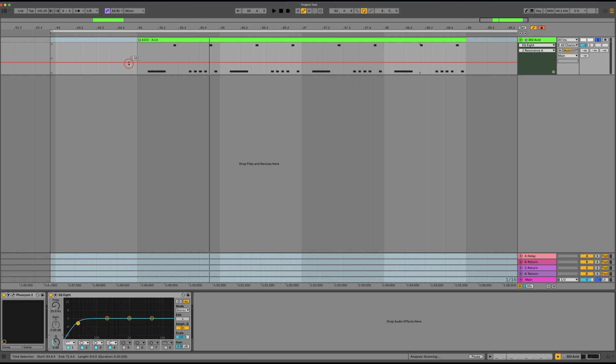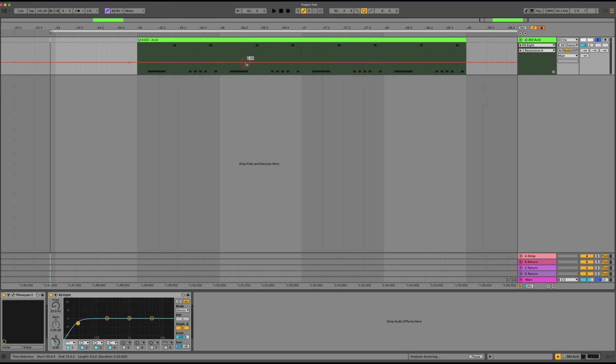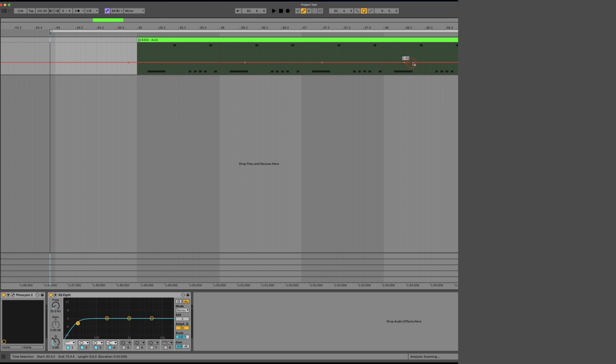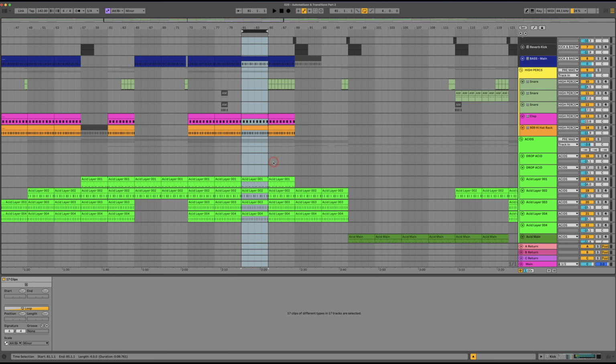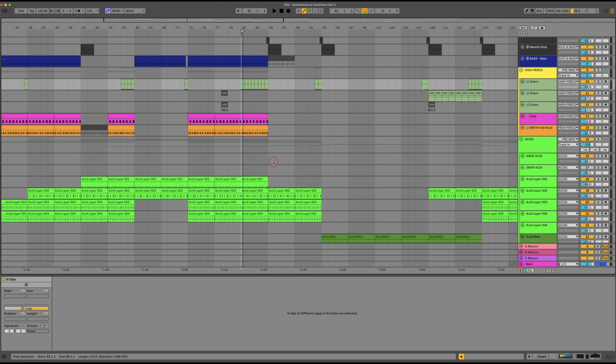So what I can do is select along the automation line, below or above, make sure it's all selected, and then I can drag that across. So if I go Command Shift and delete, it's going to completely remove that section. It's going to bring everything back over there. So that's another little